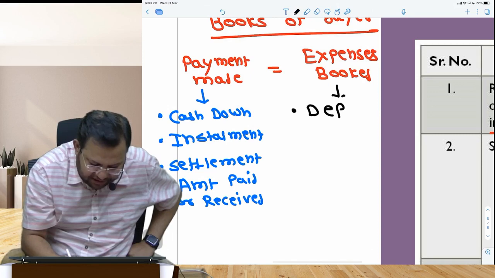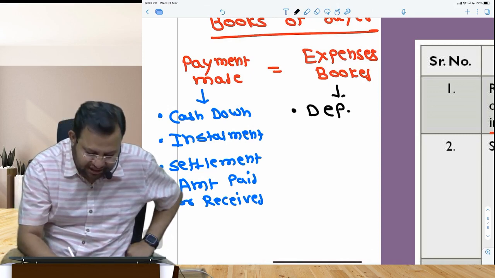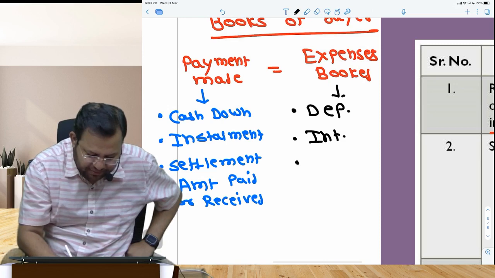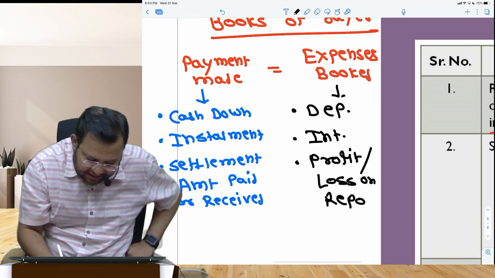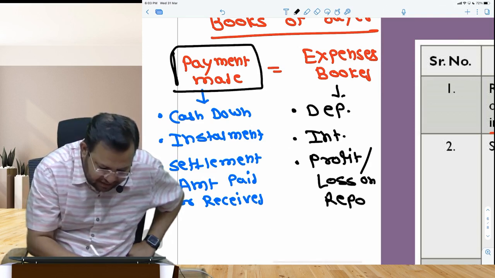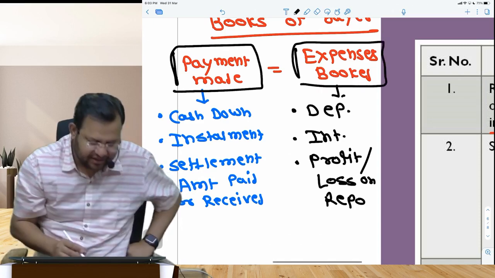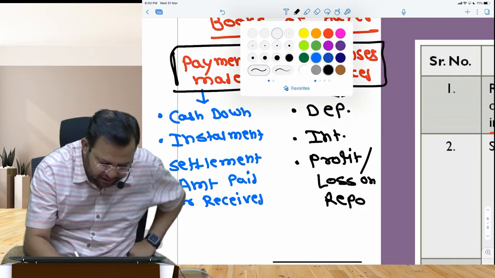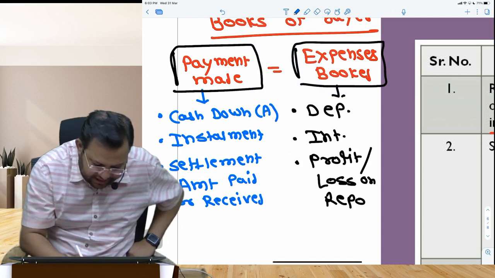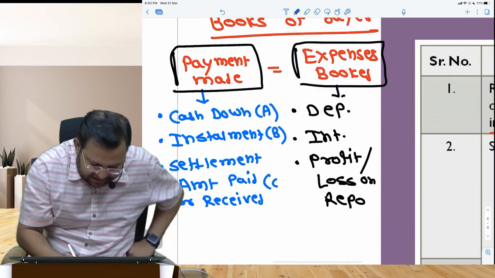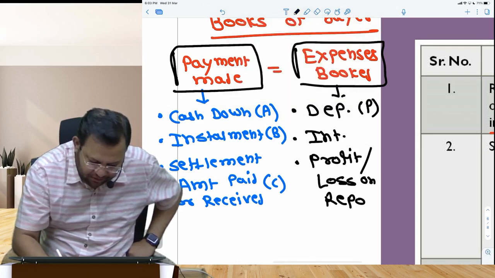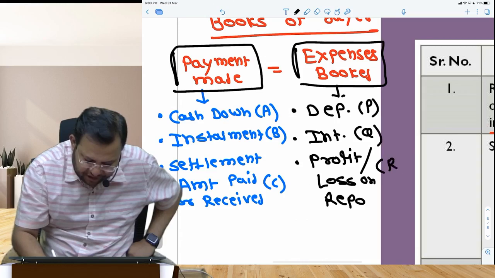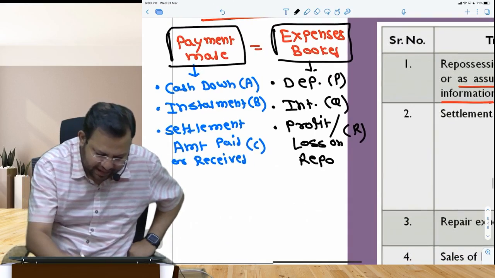क्या क्या expense book करता है वो? He books a depreciation, he books interest in his books, and he books profit or loss on repossession. इनका जो टोटल है वो हमेशा मैच होना ही चाहिए. सो कैश डाउन को अगर मैं ए बोलता हूं, ये इंस्टॉलमेंट को बी बोलता हूं और ये सेटलमेंट को सी बोलता हूं और ये डेप्रिसिएशन को मैं पी बोलता हूं, इंटरेस्ट को क्यू बोलता हूं और ये प्रॉफिट लॉस को आर बोलता हूं,